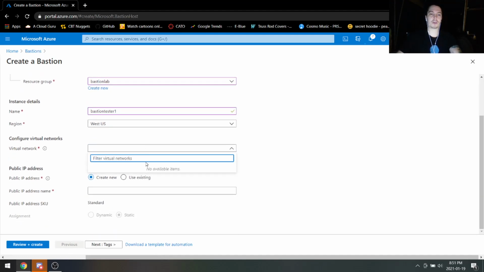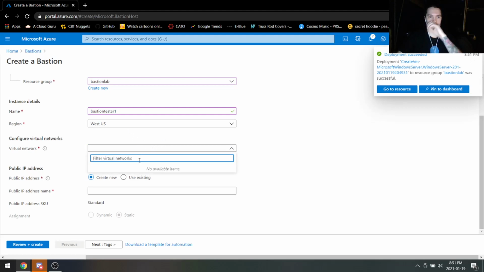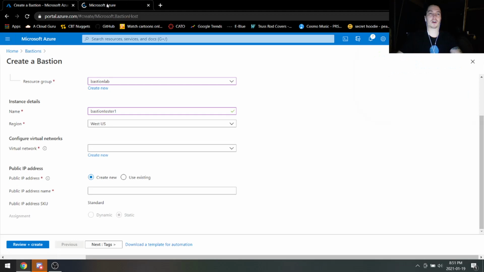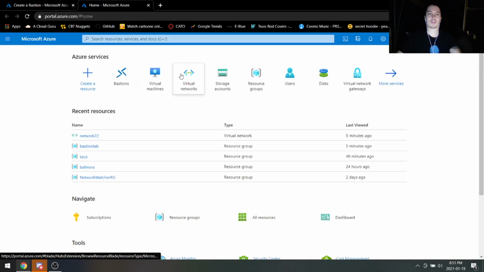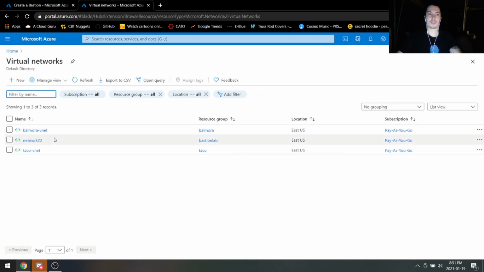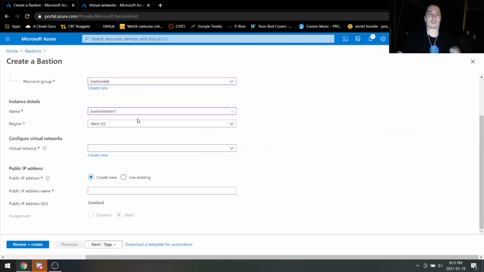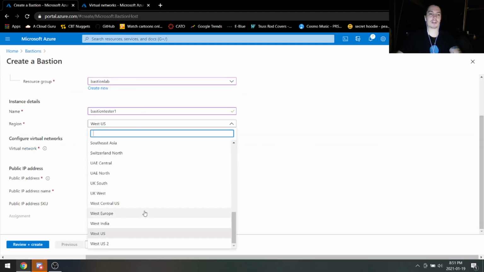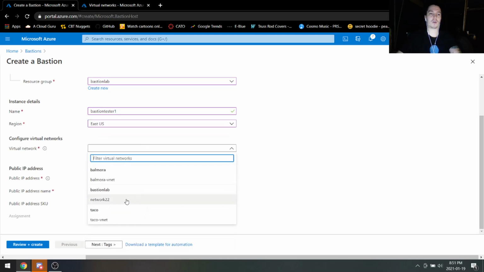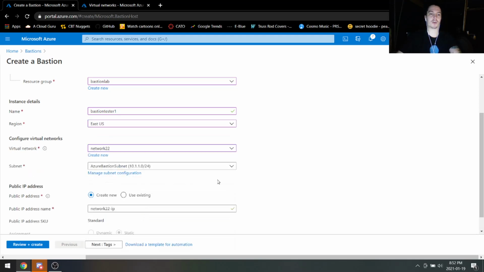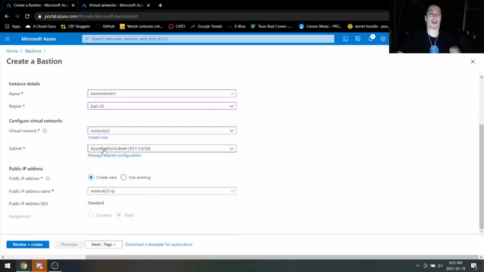Our virtual network. We have no virtual network showing up, so we got to check out what's going on there. So let's open up a new tab. Our Network 22 is in East US, and we have our region set to West US. So let's go ahead and change that to East US. Now our Network 22 is coming up, so we can go ahead and add it to our Azure Bastion subnet